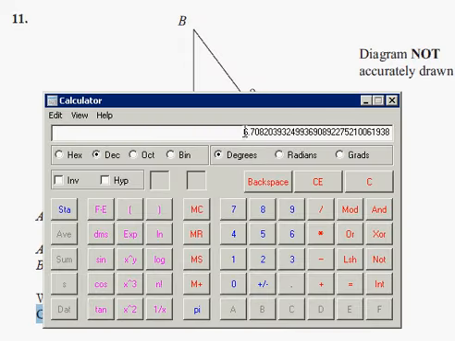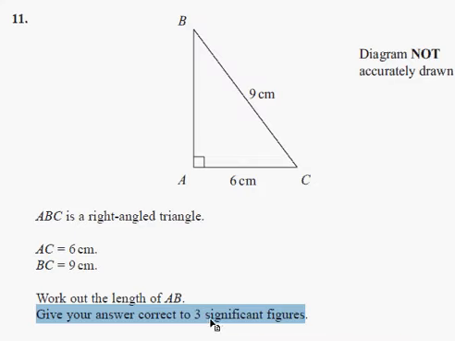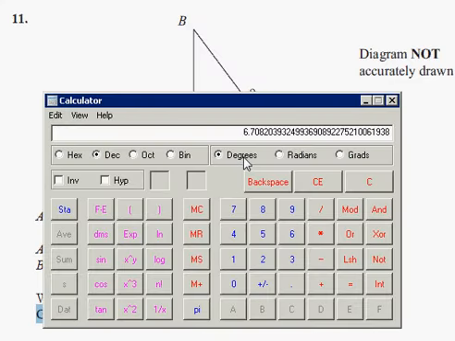Now we know how long the line AB is, but we don't need to give all these digits. They only need it correct to 3 significant figures. The significant figures are the figures starting in from the left, so moving in from the left. So 6 is the first significant figure, 7 is the second, 0 is the third. So the first 3 significant figures here are 6, 7, 0, but we need to give this to 3 significant